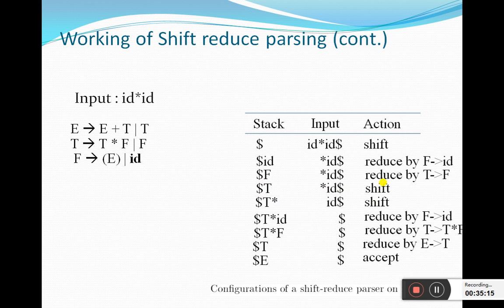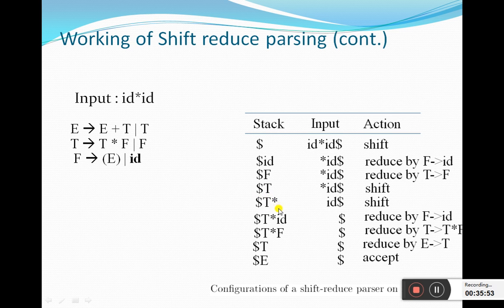So now we will go for applying the shift action, because there is no handle on the top of the stack. T is an actual handle that matches with the production arrow T body, but it is not a true handle. If you look at the RMD, which we discussed just now, look at reverse RMD. This is not a handle. It's not a true handle. It's not a correct handle. So you have to do the shift action. T star or something star is not a handle.